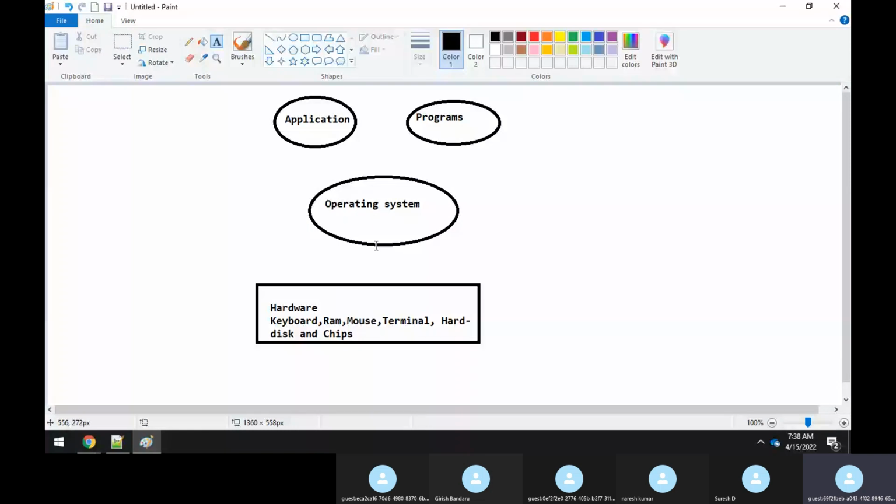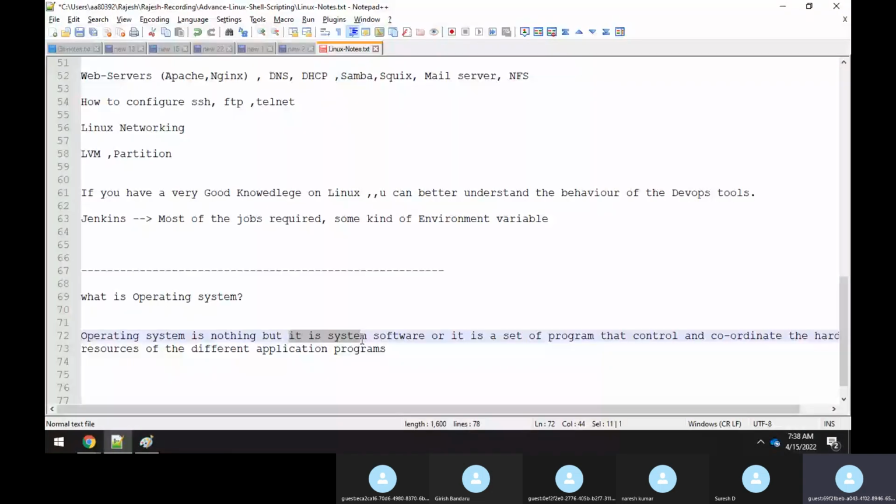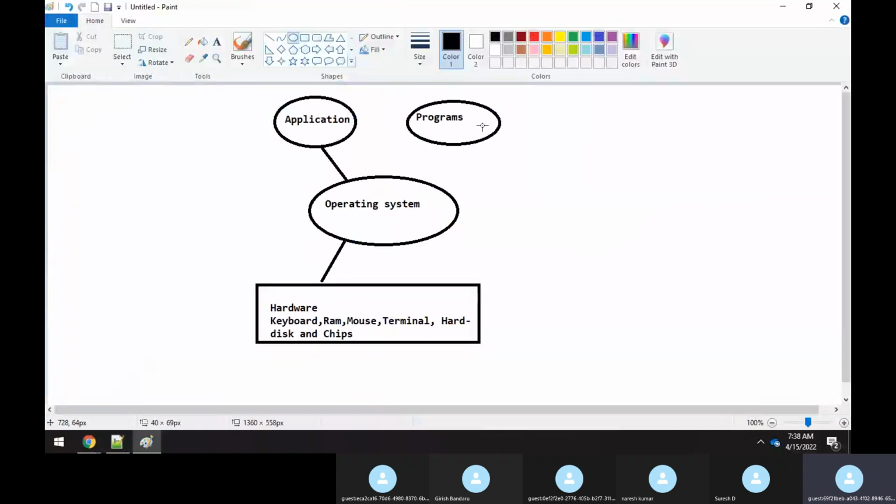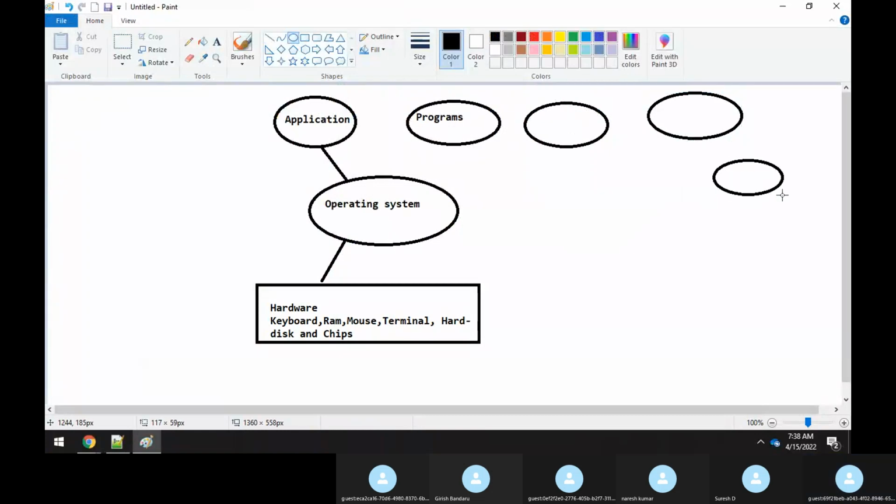So the operating system is a set of modules, or a system software, that controls and coordinates the hardware resources for the different application programs. It's not only one, guys. There are many application programs running in your system, right? Each and every application program requires some kind of hardware resources to fulfill its task.